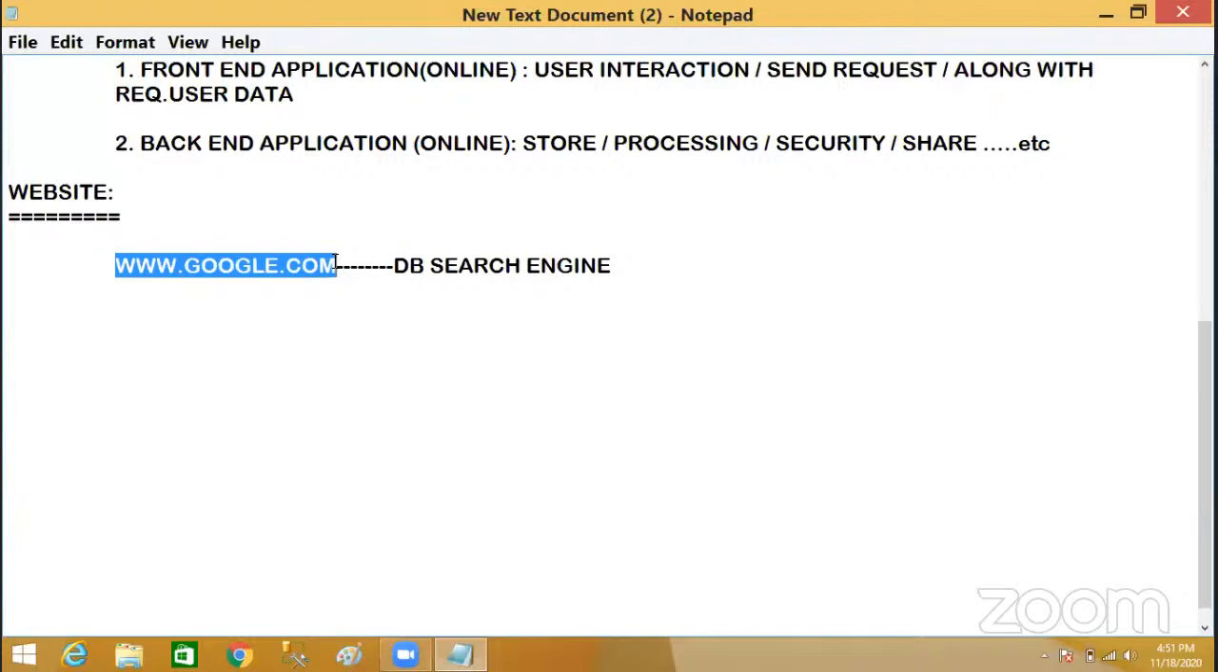Yes. So without storing, how can you access the data? Without storing, can you access the data? No, it is not possible. If data is not there, then how can you access your data? The point is observed now. So that's what I'm telling here. Google is also called a database search engine: storing, processing, and whenever the user requires, the data will be produced,